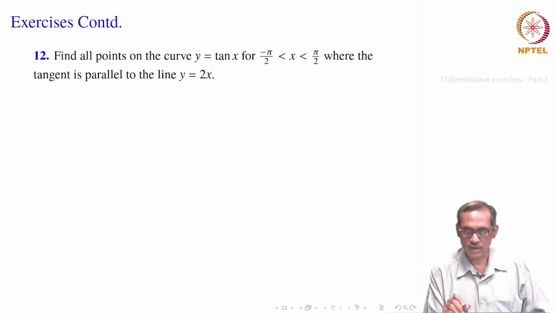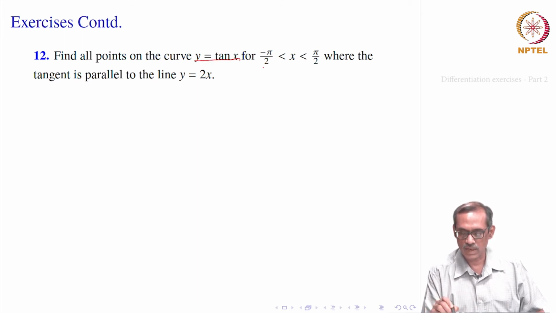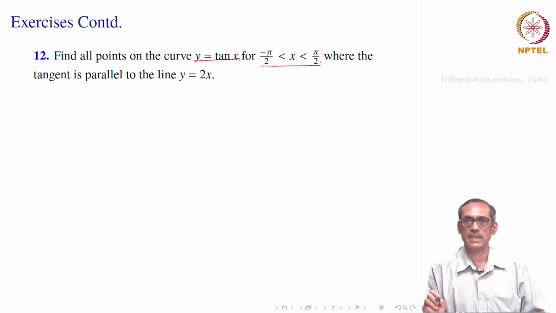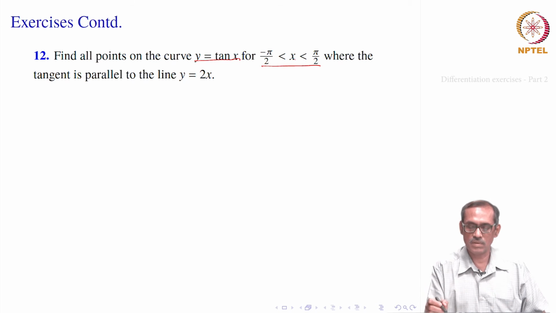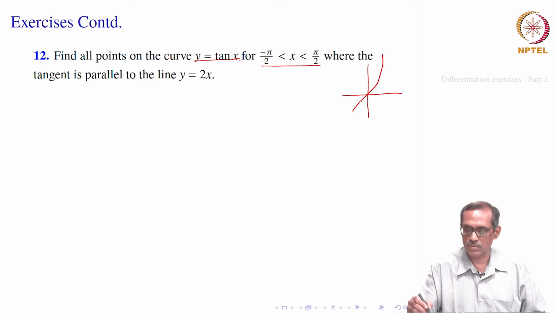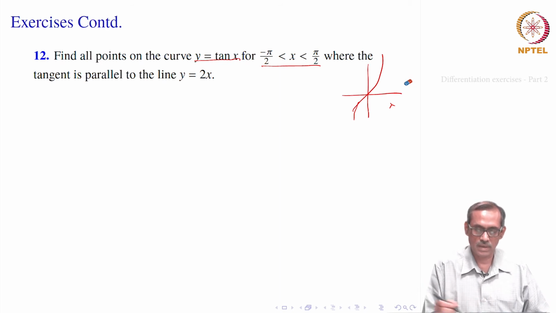So, here a curve is given by the equation y equal to tan x, and we are taking a segment of that only, a portion of the curve which is from minus pi by 2 to pi by 2. X varies between minus pi by 2 and pi by 2, but not equal to minus pi by 2 or pi by 2. Notice that tan is also not defined there. That means, we are taking one branch of that tan x, right. So, tan x goes from minus pi by 2 to pi by 2 this way. So, we are taking only one branch of that. It repeats again, but that we are not taking, right. Okay. So, this is our curve.